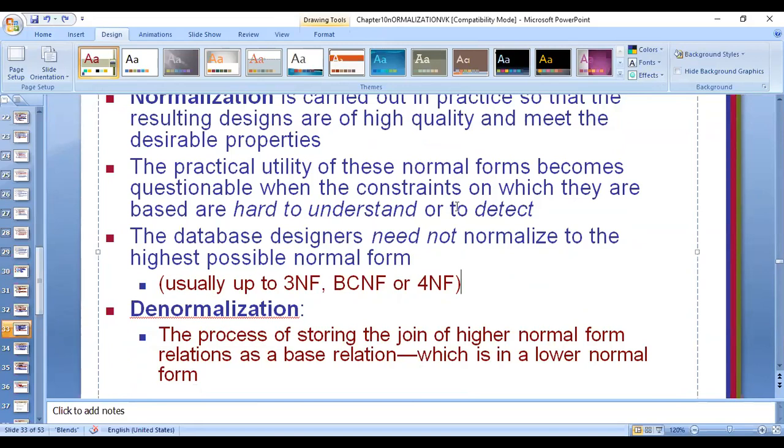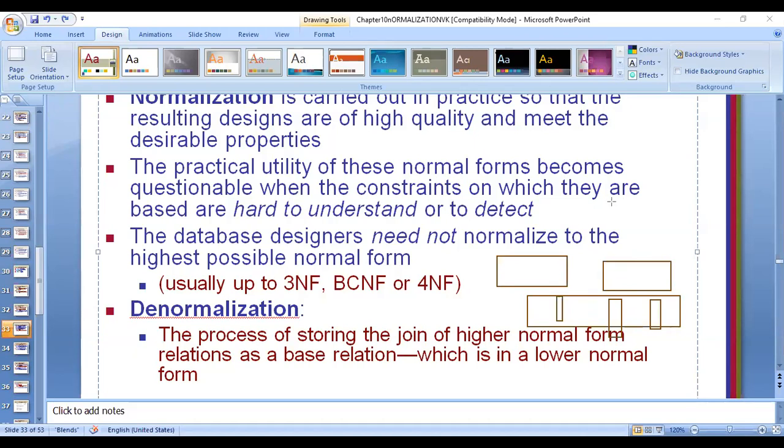That means in the previous slide, I showed you the splitting of one into two. Now, denormalization is a process of combining two split relations or decomposed relations into one. When you combine these two together, you may get one such table, which is a combination of all this. Clear? So this process is called denormalization. Sometimes this is done to verify whether the normalization process was proper.